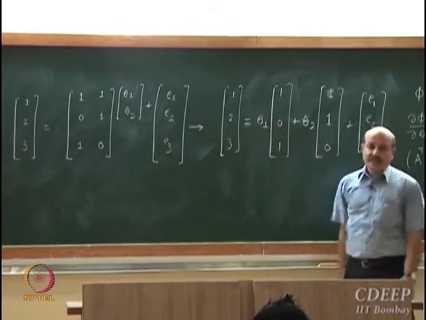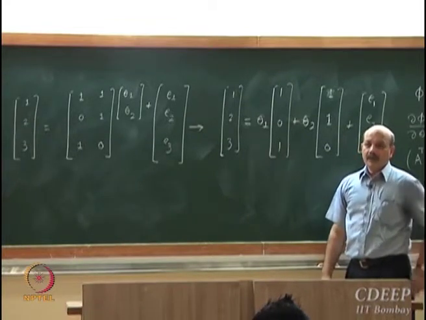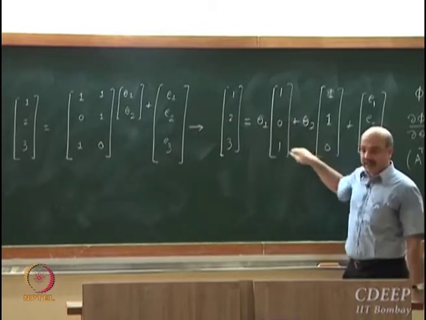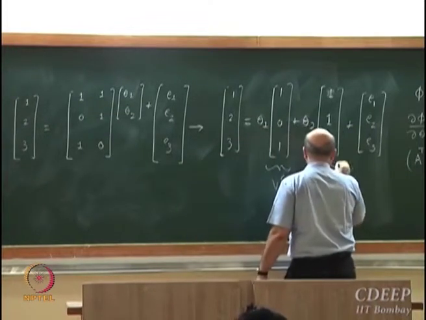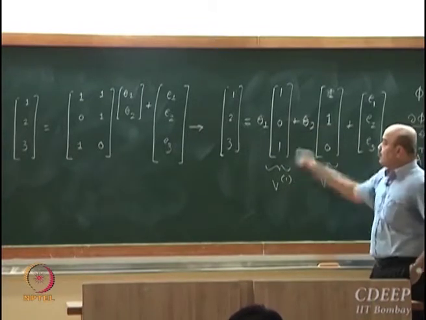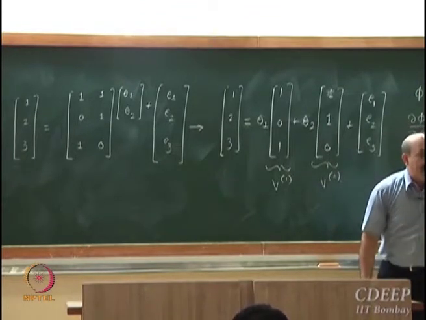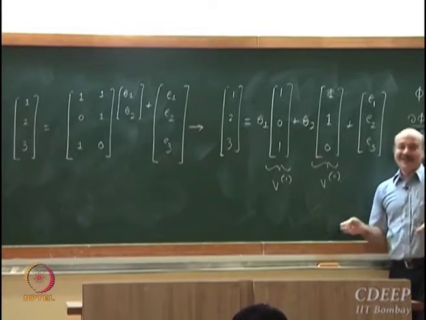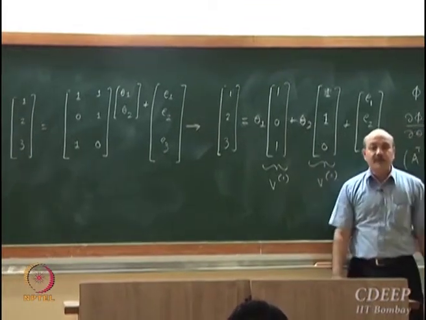Okay, if I write it like this, do you get some more insight? So theta 1 times this vector, let's call this v1, and let's call this vector v2. When can you solve this exactly? When will the error be equal to 0? Can you say something about the span? Don't forget the last quiz. All possible linear combinations of v1 and v2, what will it give you?